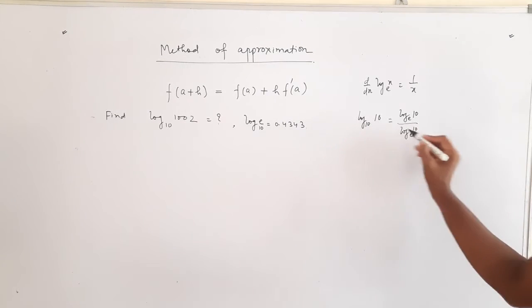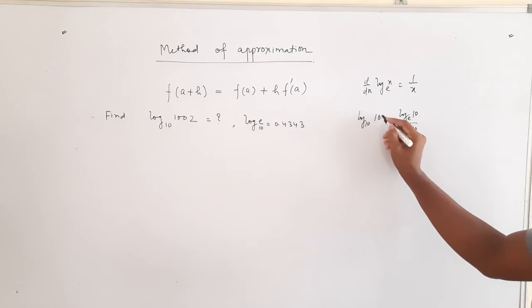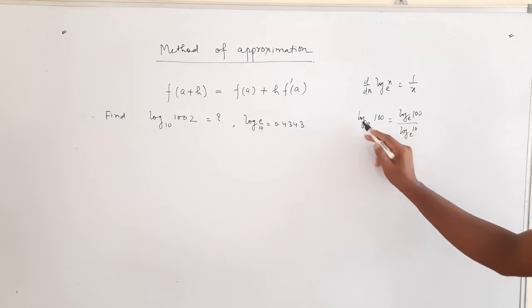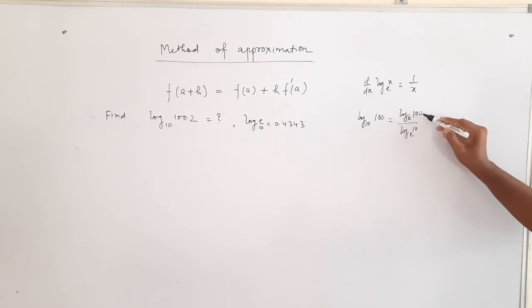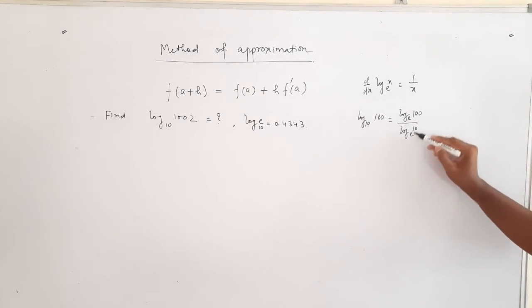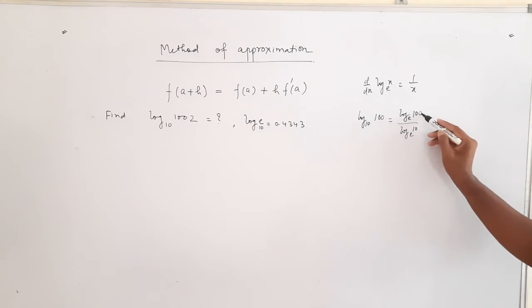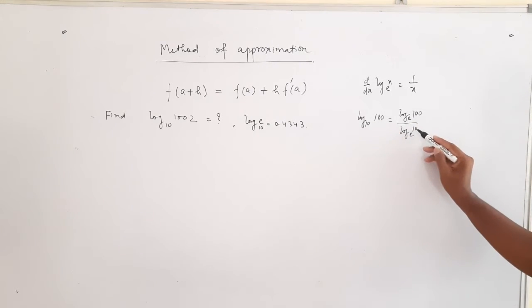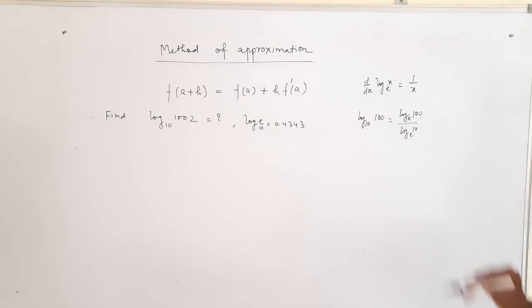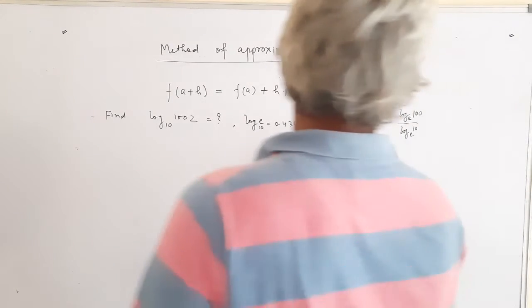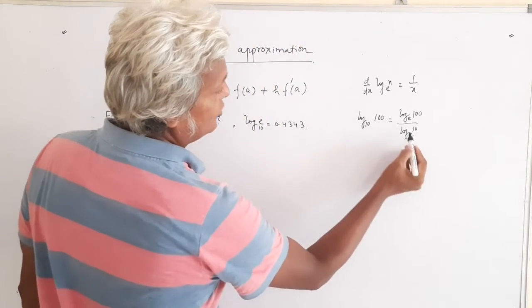Means this 10 is this 10, so I have to write this one differently, a bit better. So log 100 to the base 10 can be written as log 100 to the base e over log 10. So this is the argument 100 here, and this 10 is the base here. So divided by log of the base value to the same base, that is e. So now the log has changed its base from 10 to e.